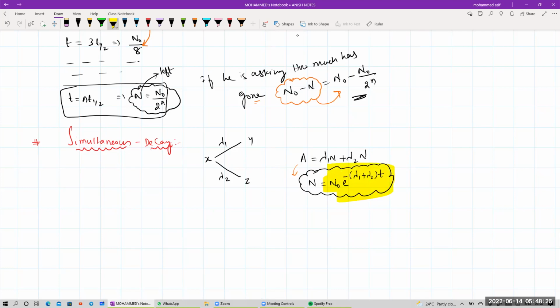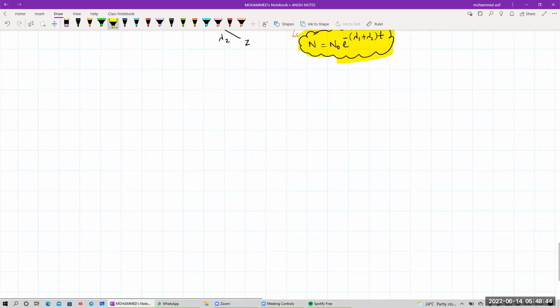साइमल्टेनियसली अगर दो बार डिके हो रहा है बेसिकली साइमल्टेनियसली, the number of nuclei present can be calculated by the formula n is equals to n naught exponential to the power of minus lambda 1 plus lambda 2 into t, and activity will be equal to lambda 1 into n plus lambda 2 into n। क्लियर है? Yes, sir. तो एक प्रॉब्लम दे देता हूँ, सो विल गेट ए क्लैरिटी। देख लीजिए, ये भी जेईई मेंस में पूछा गया हुआ क्वेश्चन है। मान के चलो मेरे पास है